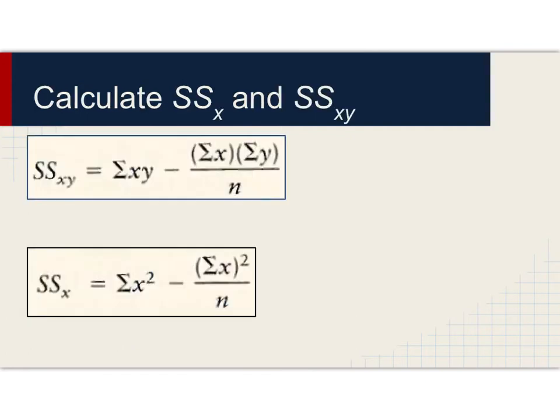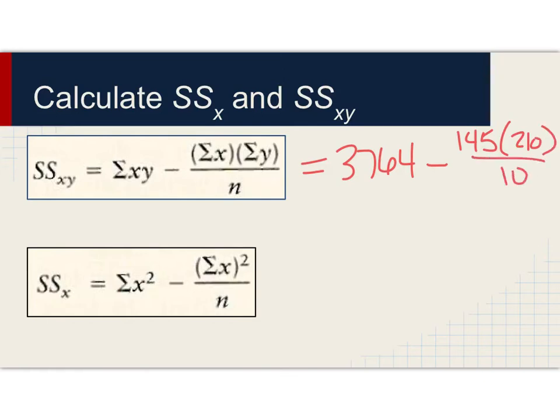To find SSXY and SSX, we're going to plug in values that we already have. We know for SSXY that the summation of the xy's is 3,764. We said that before. Minus the summation of the x's, which is 145, multiplied by the summation of the y's, that was 210, and there was a total of 10 values here. And this ends up being